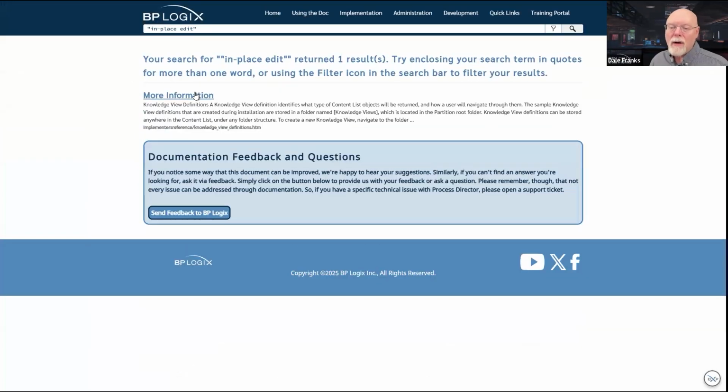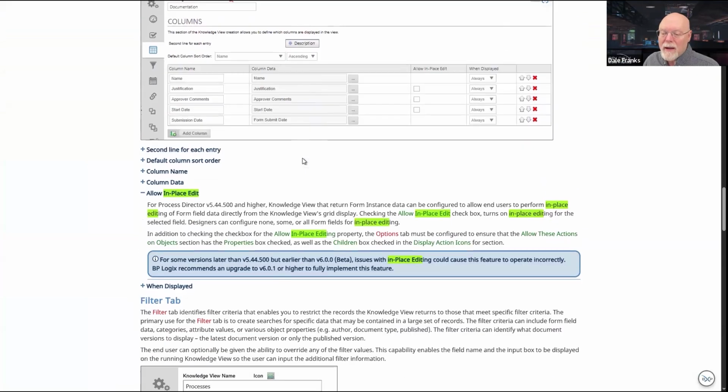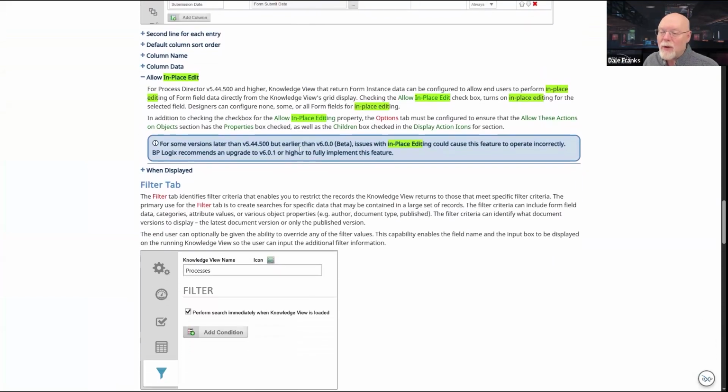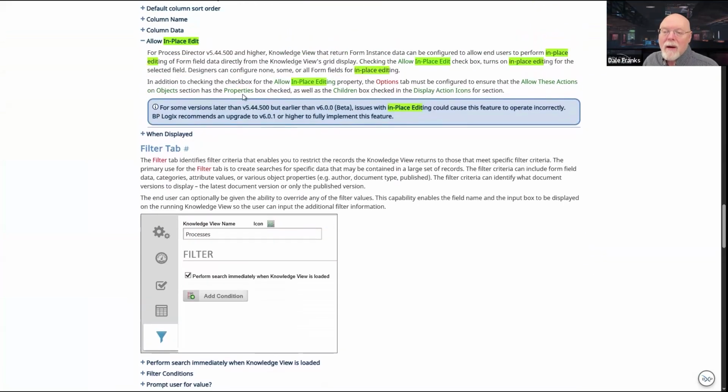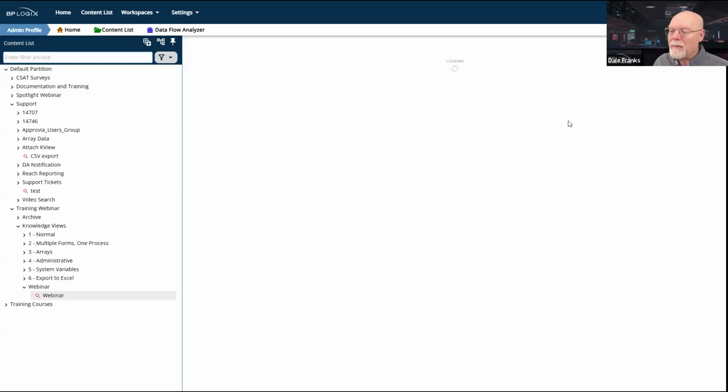And I can go down to in-place edit and it will tell me I have to have the properties checkbox checked on allow these actions on object and the children checkbox checked on display action icons. So I've got to come down here and it was properties and children that also have to be checked. And now when I update and run,